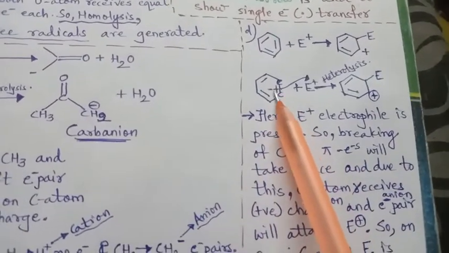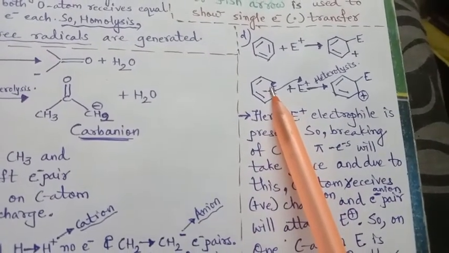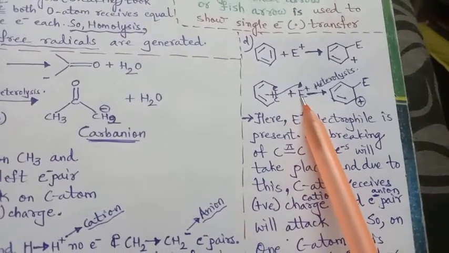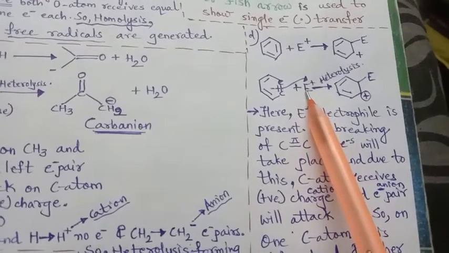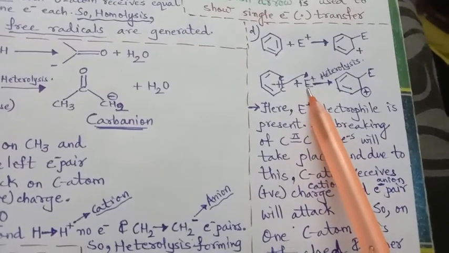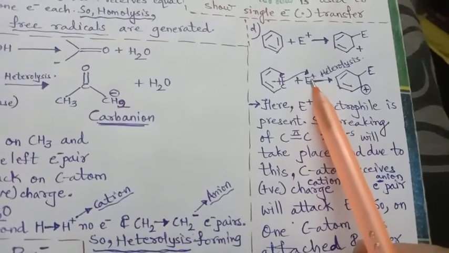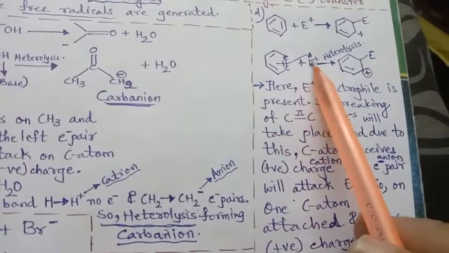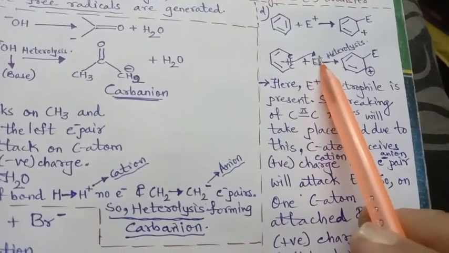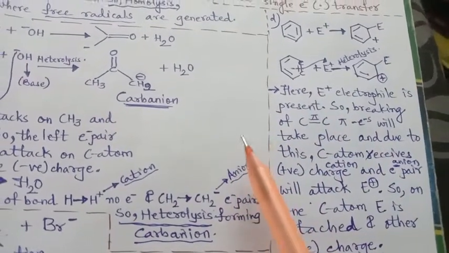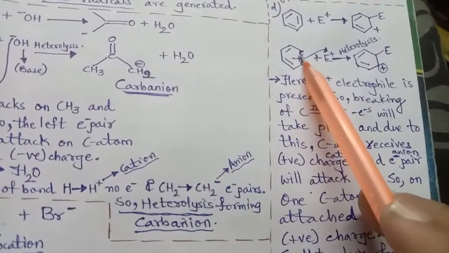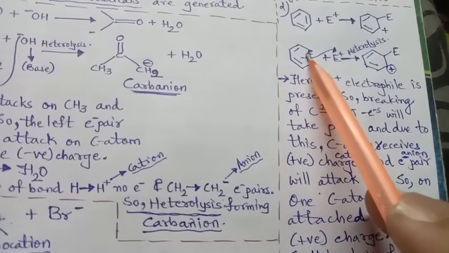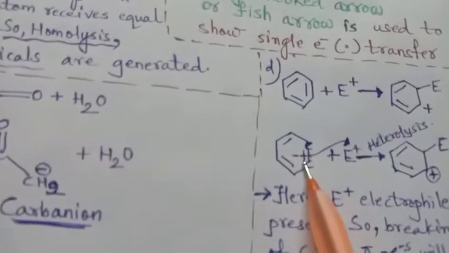As soon as benzene is reacted with the electrophilic reagent, the attacking reactant, the electrophile, which is positive, what will happen? This is positive, so it will be in need of some negative member to attract. Right? So what will take place? Of sigma and pi, the pi electron bond is weak, so first the breaking of the pi bond will take place. So this pi bond will get cleaved.